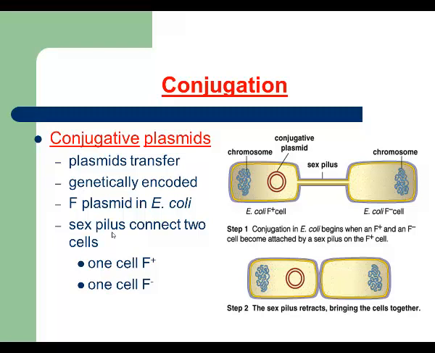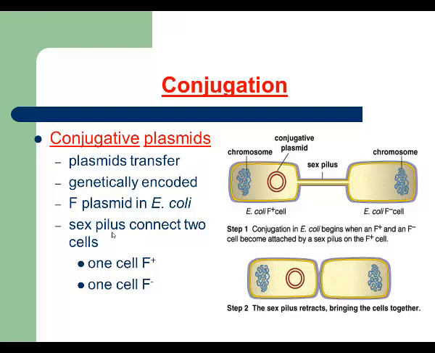And the second reason why is because we have a huge number of bacteria living in our GI tract, and they have the ability to communicate. They use sex pili and share information. So if we use antibiotic to treat a bacterial gastrointestinal infection, as soon as one bacterium within the gastrointestinal tract of that patient becomes resistant to that antibiotic, they perform conjugation. As a result, all of them in a short period of time become resistant to that antibiotic. As a result, the patient becomes a carrier of infection. So let's get back to